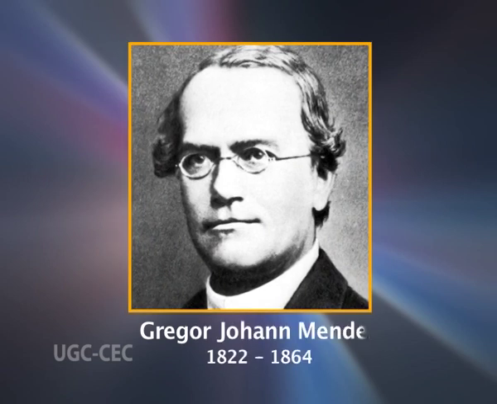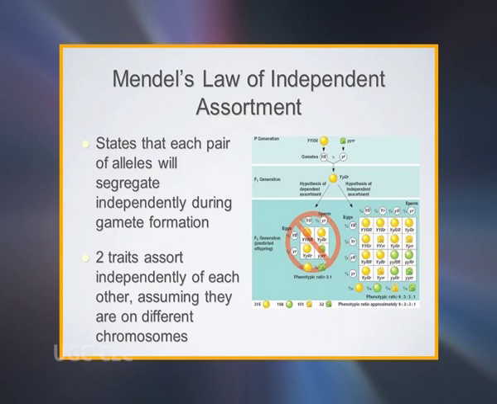Mendel also analyzed a number of crosses in which two pairs of alternative traits were involved simultaneously. In each case, he obtained the same results. From these experiments, he proposed his second law, the principle of independent assortment, which states that the factors for different pairs of traits assort independently of one another. In modern terms, this means that pairs of alleles for genes on different chromosomes segregate independently in the formation of